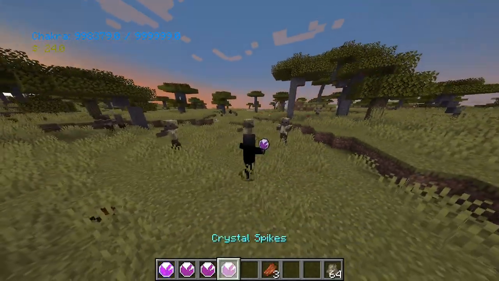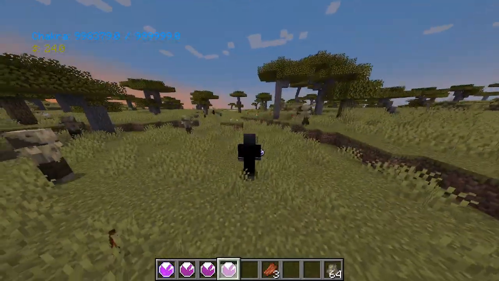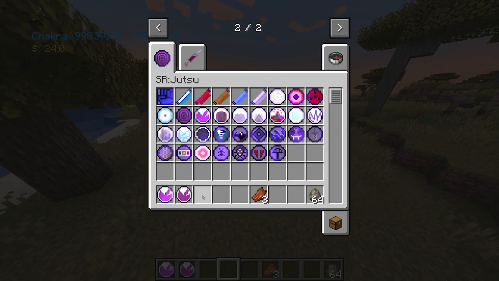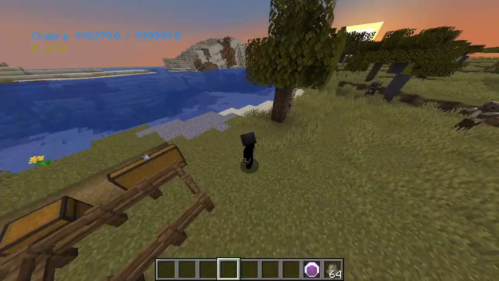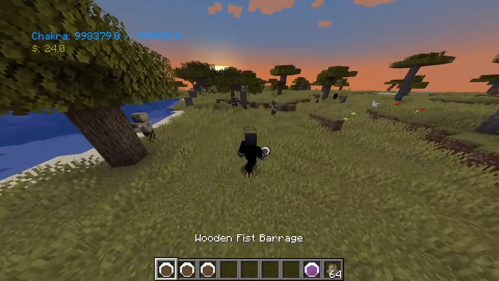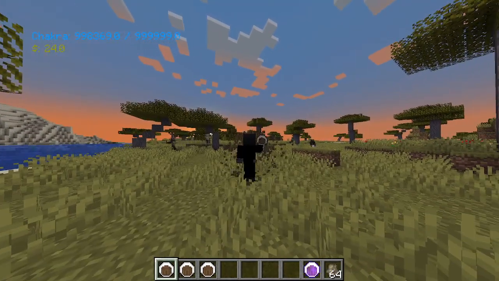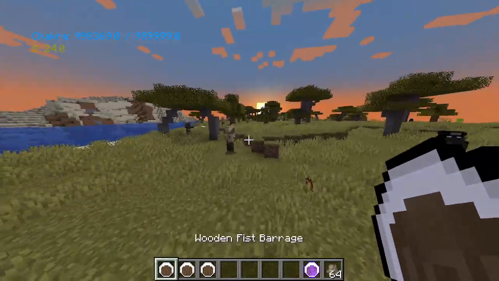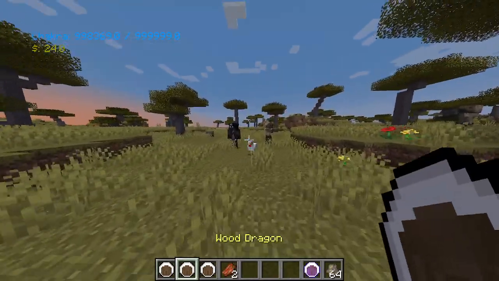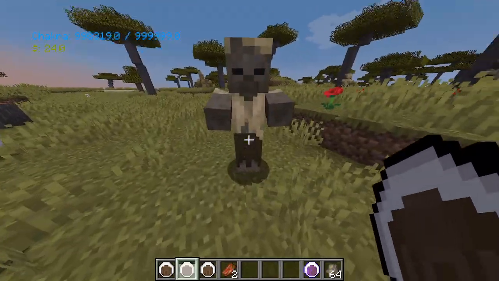Next we got crystal spikes. Everything around you has these little spikes come out of them. First one goes up, second one goes up, it does damage. Next we got wood. So for wood, you got wooden fist barrage. Shoot a barrage of wood things at him. And so that's the damage move for wood, that wooden fist barrage. The next one is a stun move, wood dragon,